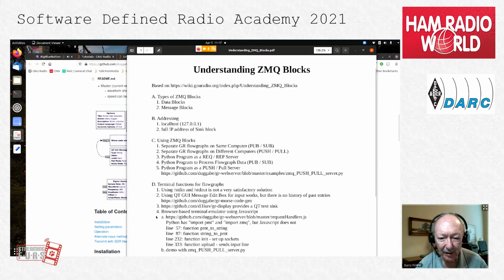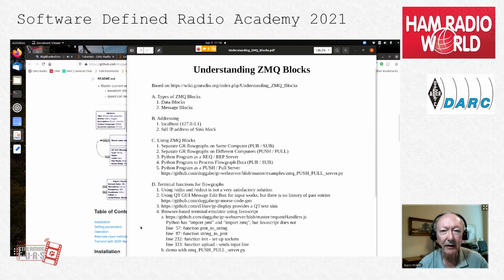Another approach for output, there is a GR display out of tree module that provides a Qt text sink, which is like a screen, but it has no keyboard input, and it is pretty limited in what you can do with it.